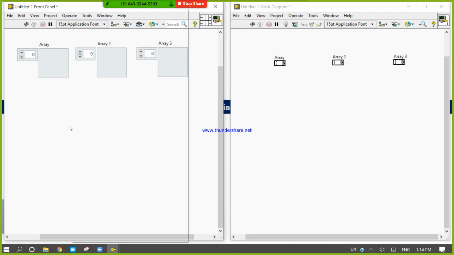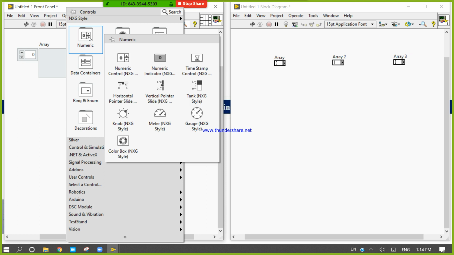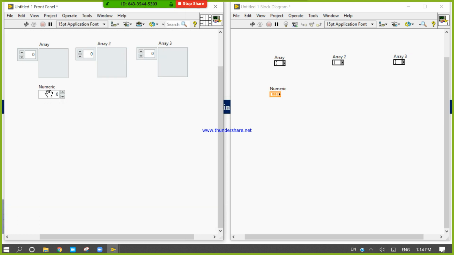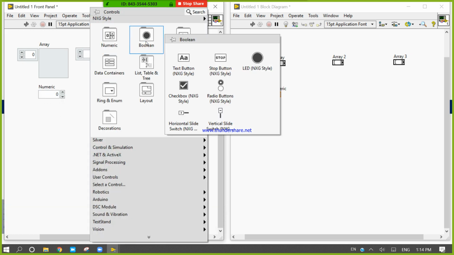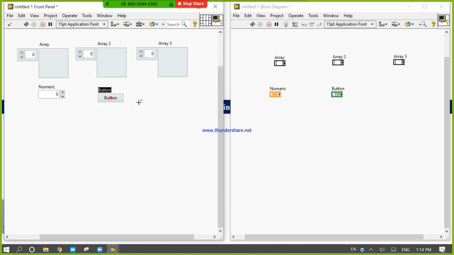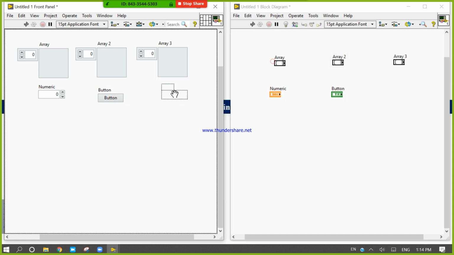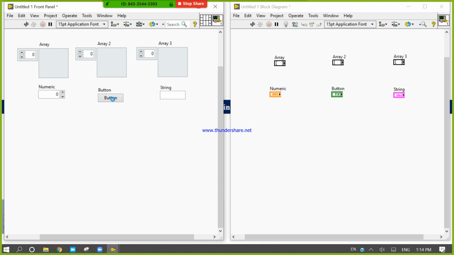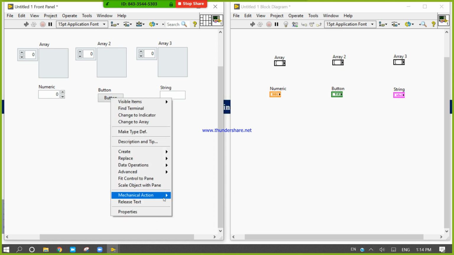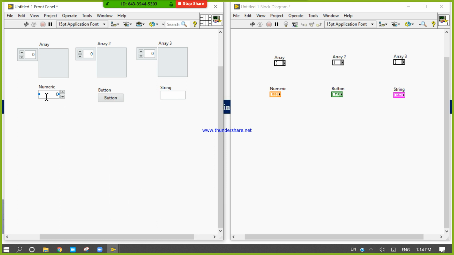Now what is the color of array? The color of array is just black. We have 3 primary data types. If you drag it inside, it will convert into a proper array according to the data type.